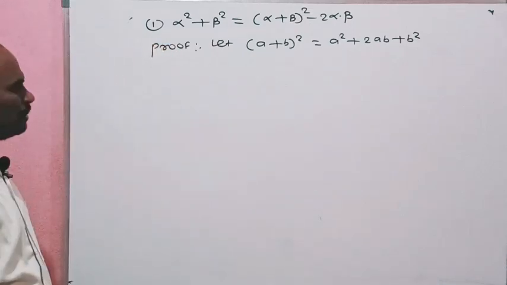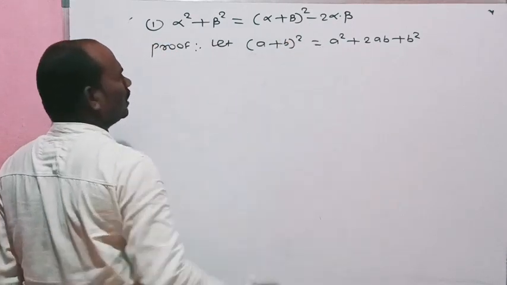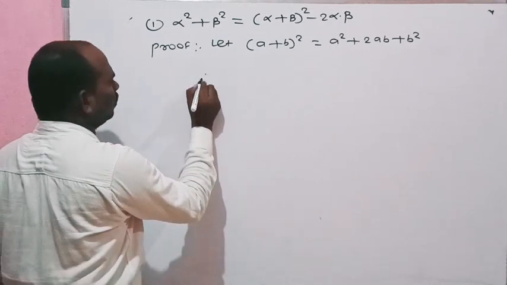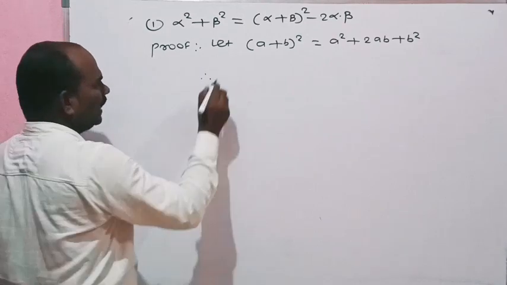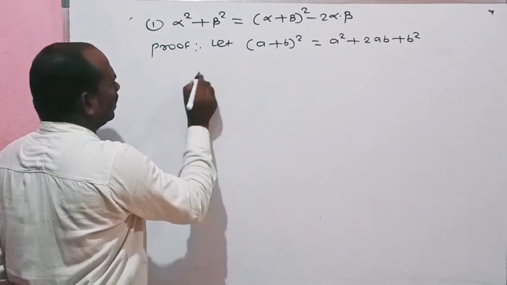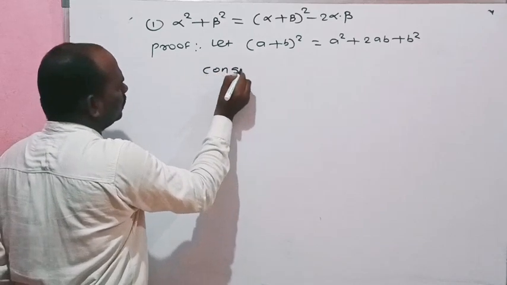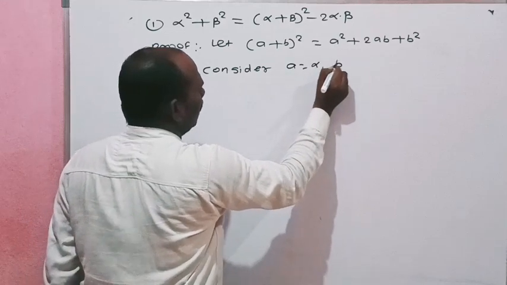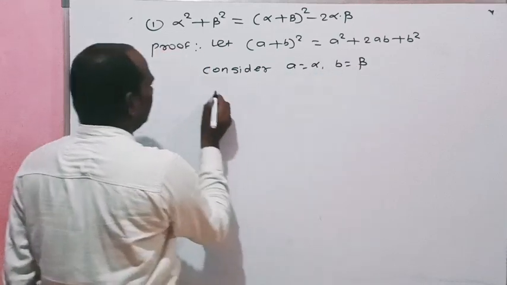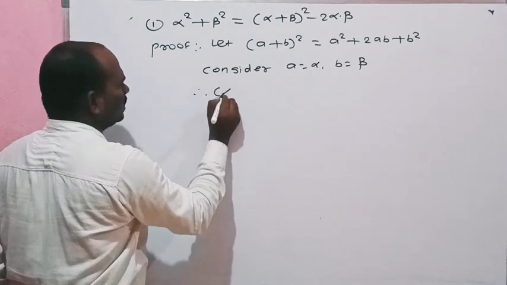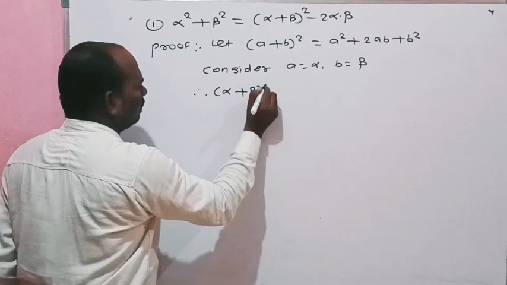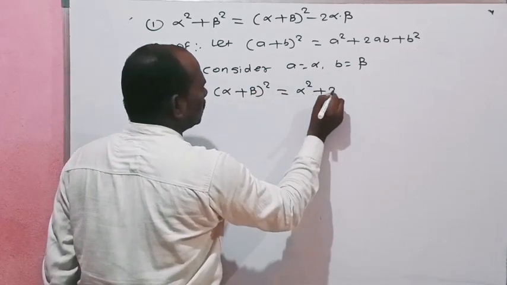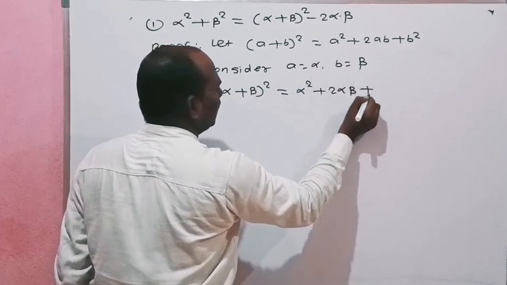Now we know this formula, a plus b its square equal to a square plus 2ab plus b square. Now therefore consider a equal to alpha and b equal to beta. Now this is alpha plus beta its square equal to alpha square plus 2 alpha beta